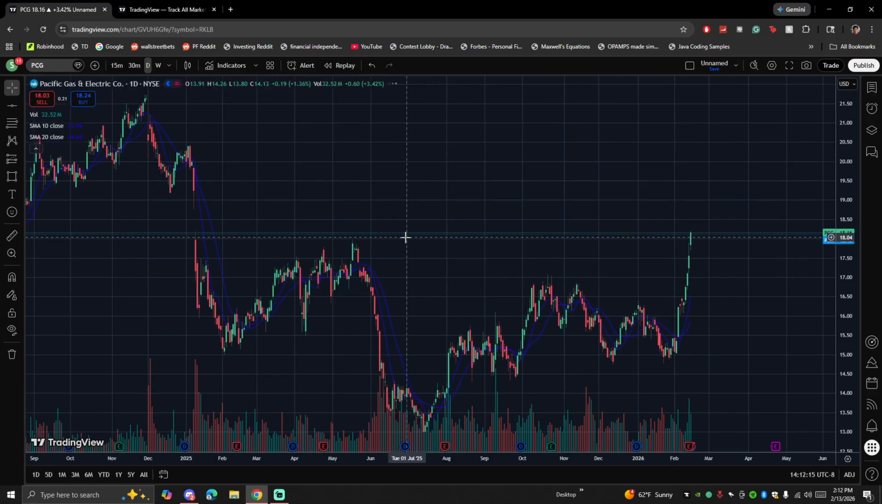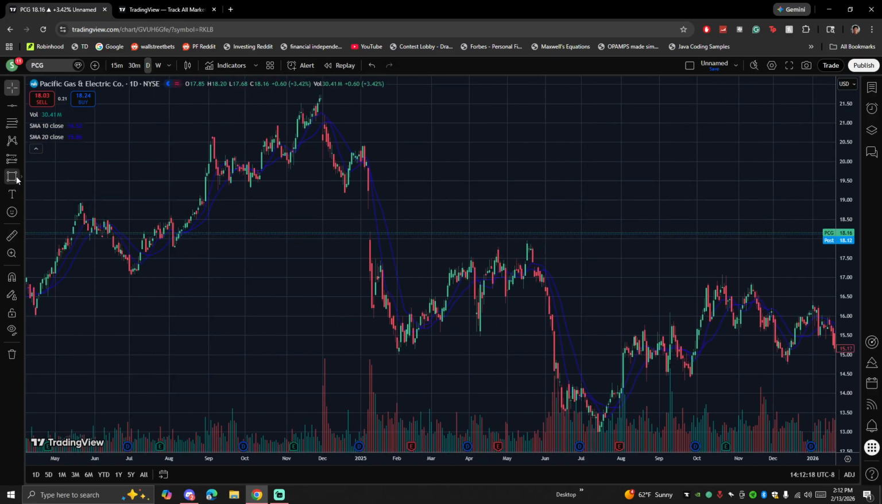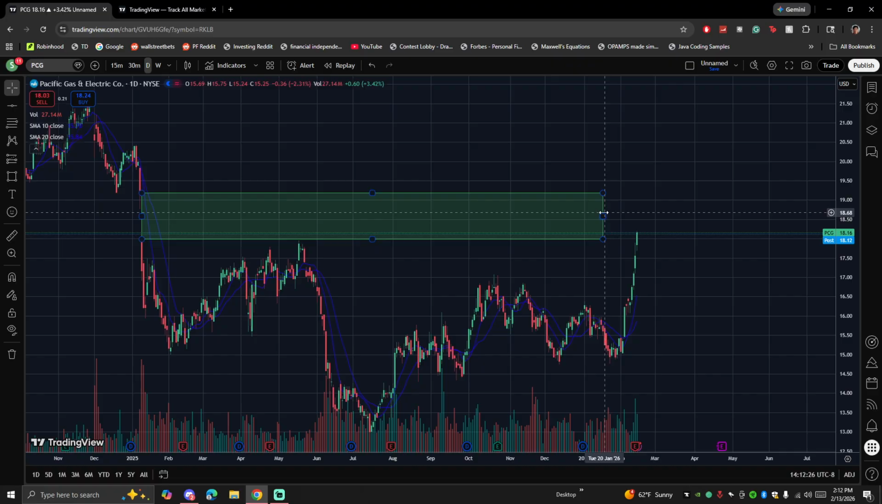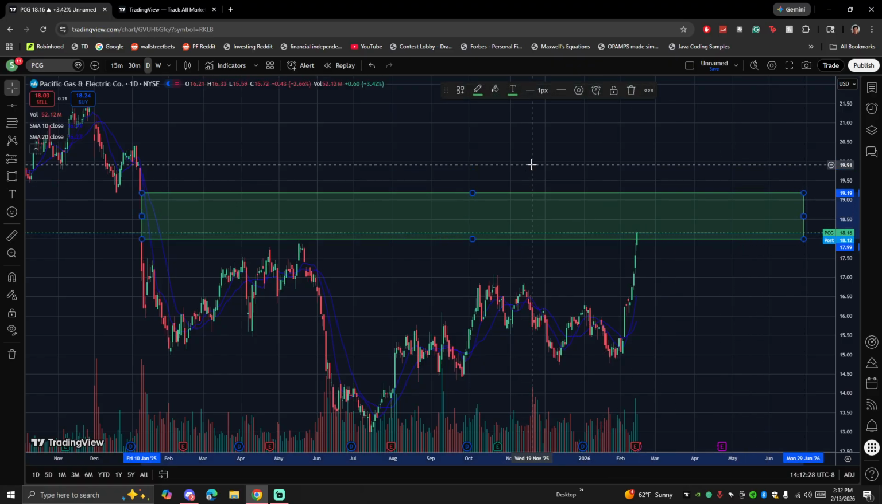PCG. Okay, so PCG does have a gap here. If you don't know what gaps are, they're just gaps in the chart between an open and close or any empty space. And basically what a gap is on a chart is basically unfilled liquidity. And more often than not, a gap wants to get filled because there's liquidity or unknown amount of buyers or sellers in that zone. So if I'm looking at